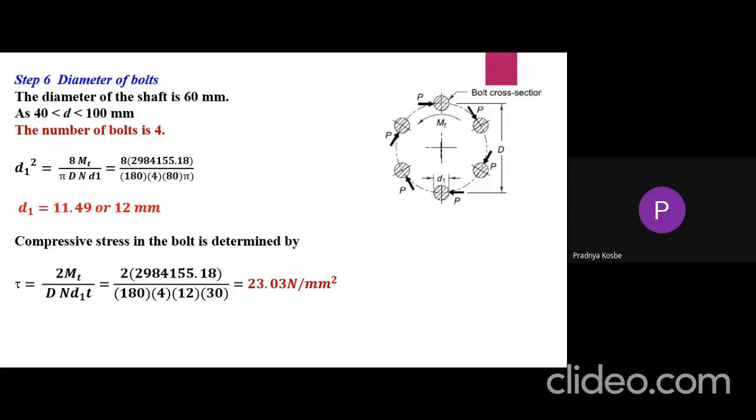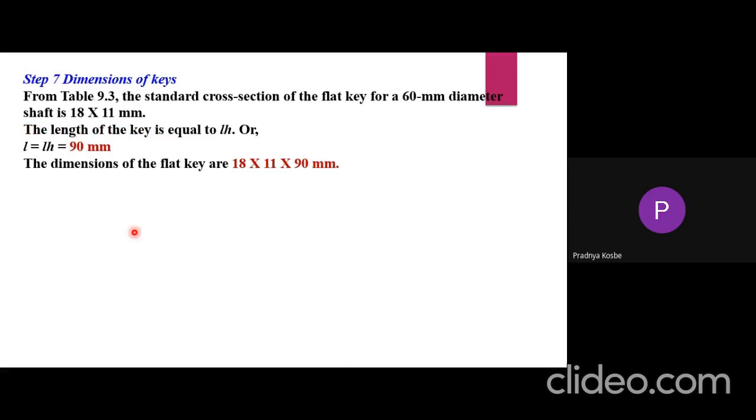And what is the permissible limit? It is 80 Newton per mm square. That means stresses developed are within permissible limit. Then dimensions of the keys. It is from table 9.3 of the Bhandari that we have to find out the standard dimension for these keys, and for a standard dimension